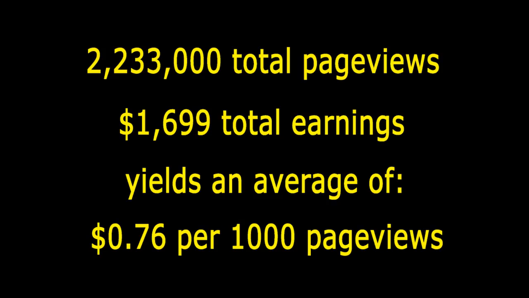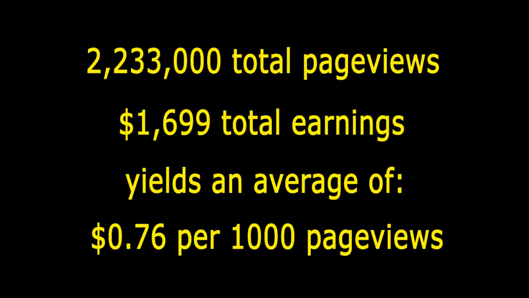So if you have a well-designed page with good content and the proper keywords that the AdSense spiders can scan and find good ads to place on that page, you might expect your click-through rate to be 2, maybe 3%, in which case you will probably earn 2 to 2.5 times the 76 cents per 1,000 page views. So if you have a web page and you want to get an idea of how much it earns or will earn,